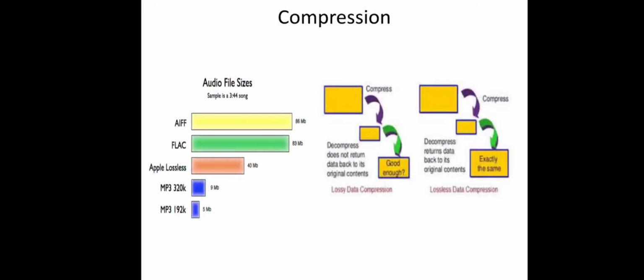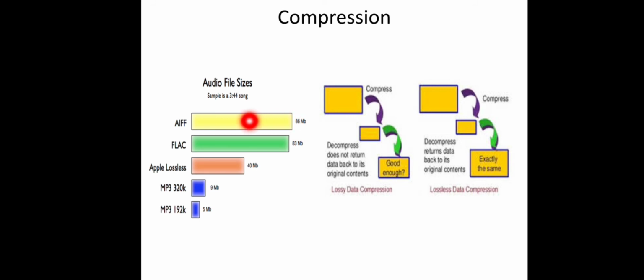So at the sender side, the presentation layer will reduce the size of this data using compression techniques, and at the receiver side it will be restored back. Just for example, if you are taking the case of an audio file, if you are transmitting over the network in AIFF format and all, the size is about 86 MB, right?